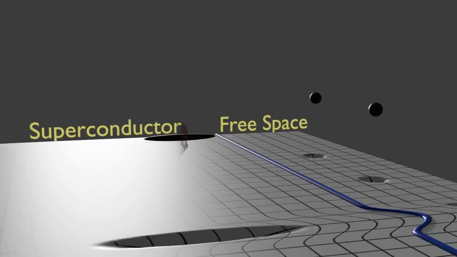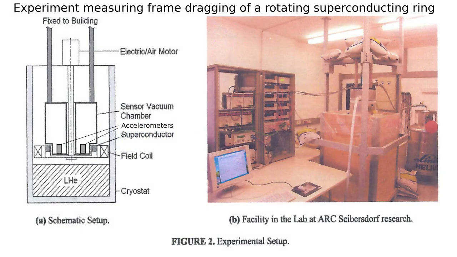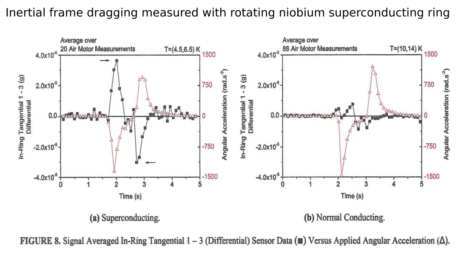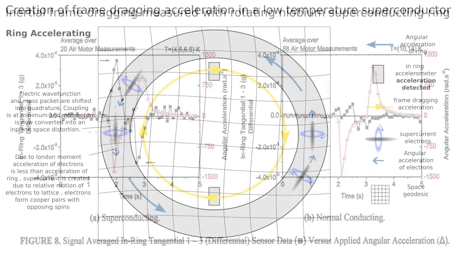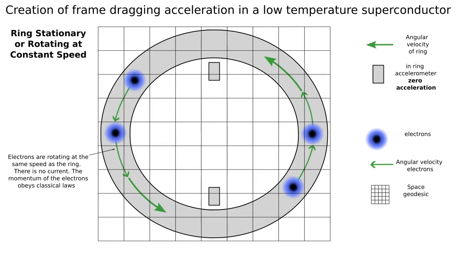Accelerometers placed tangential to the ring measure a weak counter-acceleration, despite being completely isolated. Without a superconductor, this effect would be unmeasurable. In low-temperature superconductors, the electrons form Cooper pairs with opposing spin. The magnetism now cancels out and the spin aligns to be orthogonal to the acceleration. No gravity impulses are generated in this experiment because electrons are accelerating in the opposite direction at the other side